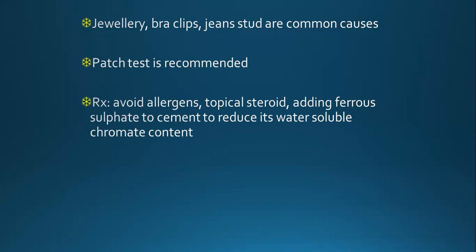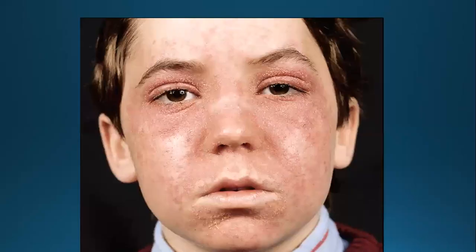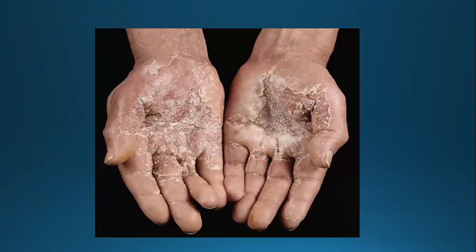We have to avoid the allergens, topical steroids. We have to add ferrous sulfate to the cement to reduce its water-soluble chromate content so that it becomes less allergenic. Now, this is a picture, and this is a case of, you can see these